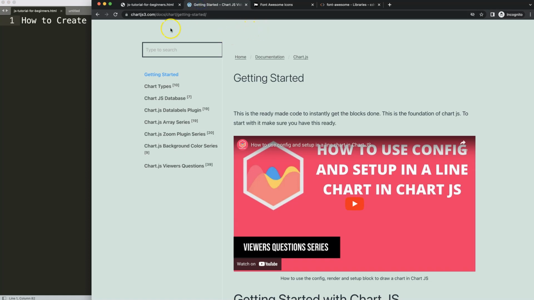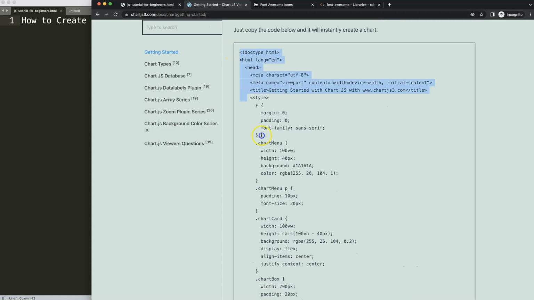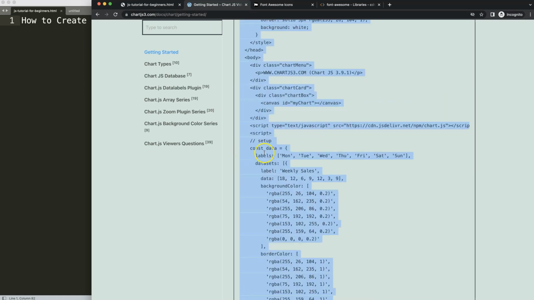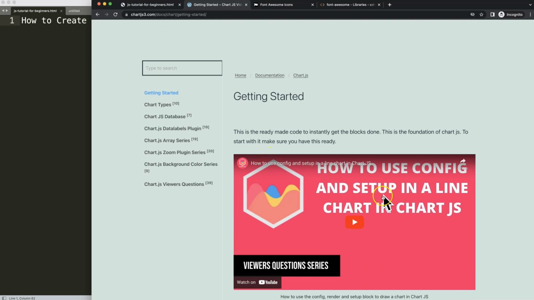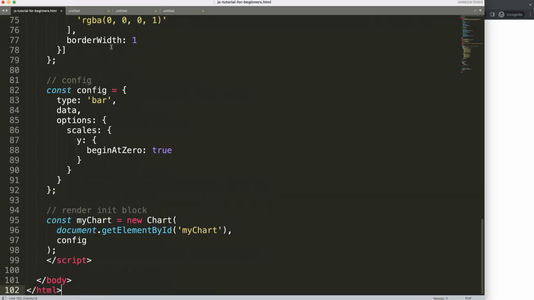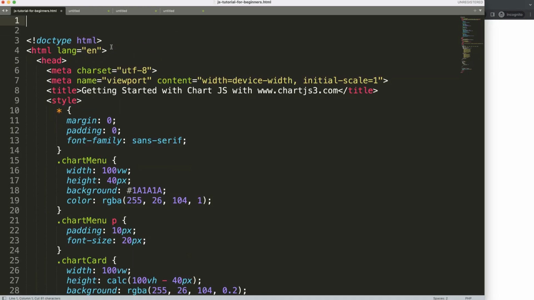For this, we need to get our boilerplate template, which you can find on chartjs3.com, getting started, this specific link, which you can find in the description box. Once you're on here, copy this chunk of code. If you want to understand what this code does, make sure you watch this video here that explains it all. So what I'm going to do is paste this boilerplate in here, cut this out,